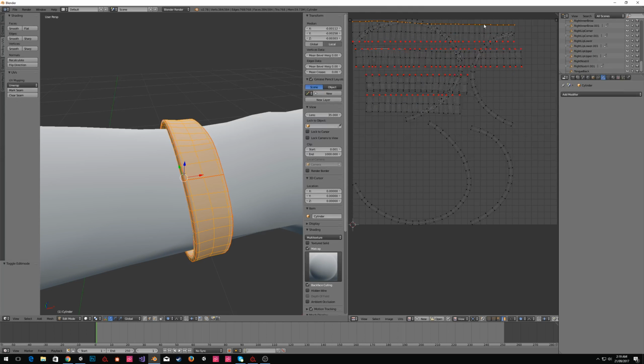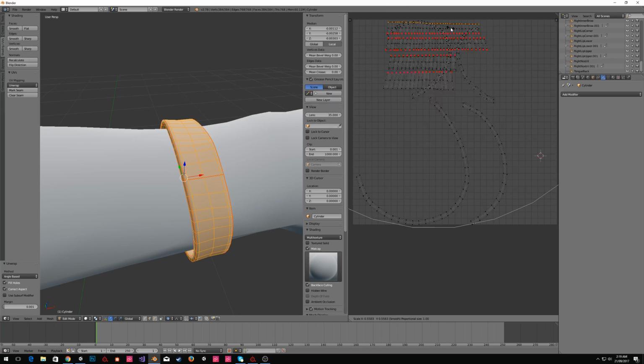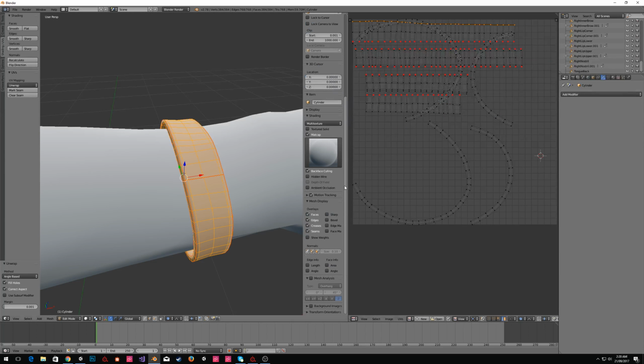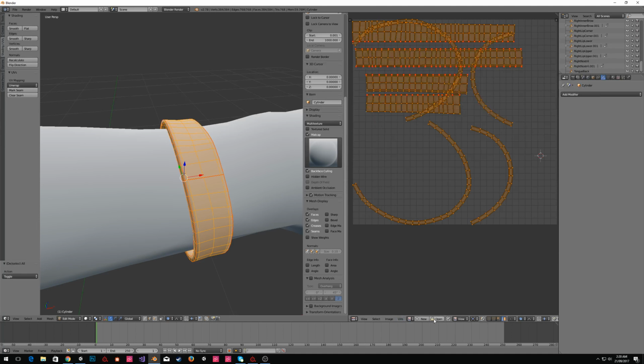Why has my scale broken? Done something stupid, I'm sure. Okay, so I'll just pack these islands. I have done something. What have I done? Grab some sort of warp modifier by mistake. My Blender knowledge is rudimentary at best, so I apologise for me having to learn things in the process. I'll just grab these, I'll pack them, and then we will go to